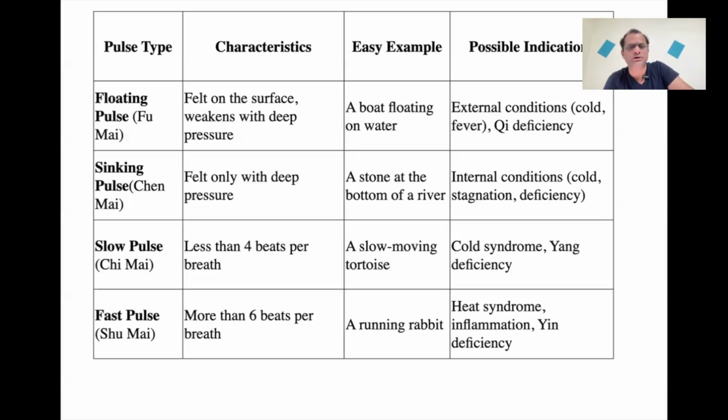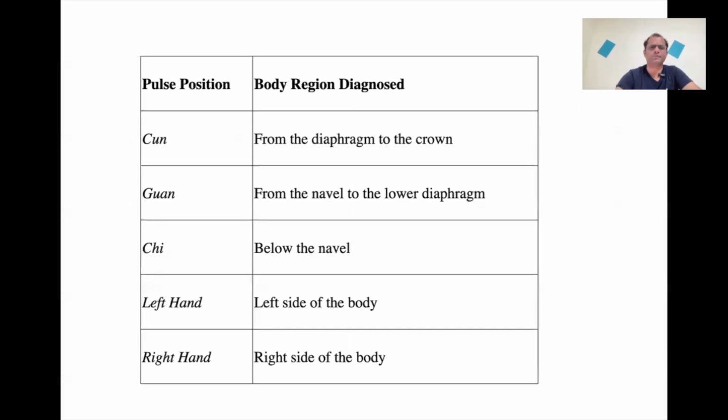And the last written here, fast pulse. More than 6 beats per breath. Okay, we are feeling a much faster pulse, more than 6 beats per breath, like a running rabbit. That is a heat syndrome. So we have to remember two things. Number one, heat. Number two, yin deficiency also creating empty heat. So there are two types of heat. So on the basis of this,